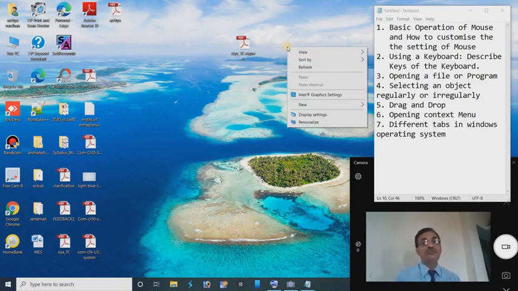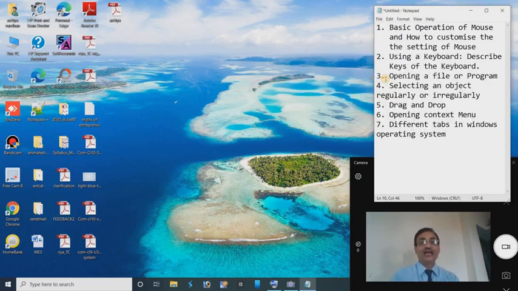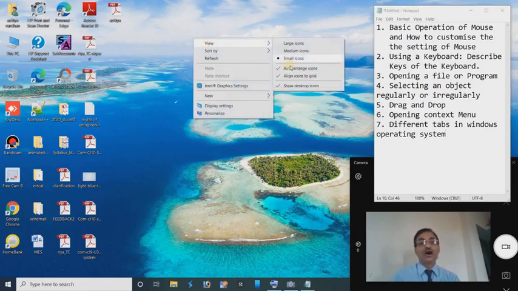This context menu or the shortcut menu will appear. Now again I have to go to the View option and click Auto arrange icons, because I already told you this is a toggle option. So clicking it again will be checked. After checking it, we can't disarrange the icons present on the desktop. We can't irregularly displace the icons from the desktop. They will be regularly arranged on the desktop because the option Auto arrange icons has been selected.